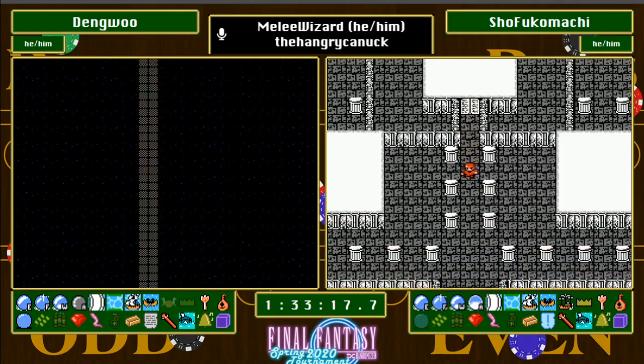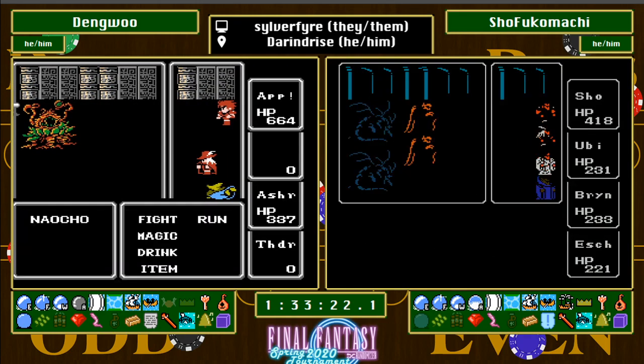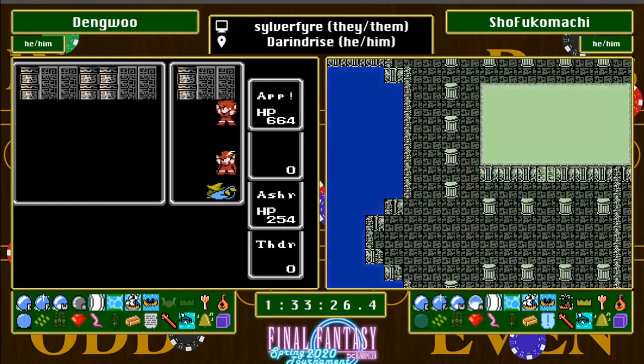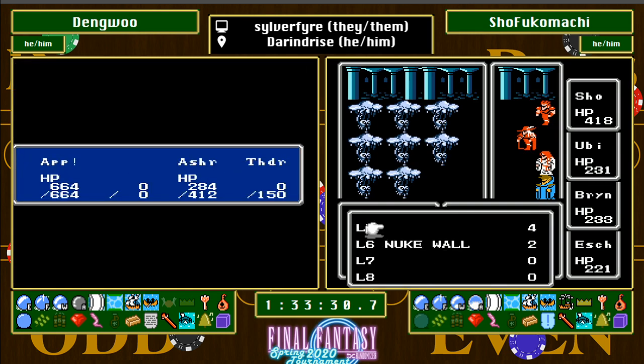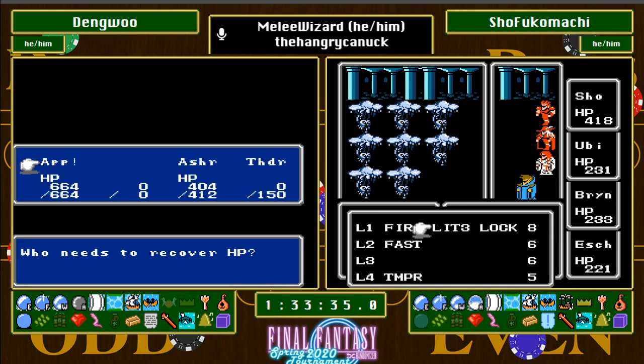Nah, Sho not even checking the validation chests. Yeah, he's just go, go, go. A little worried about his HP totals though. One good nuke is gonna wipe out probably all of his mages. Yeah,